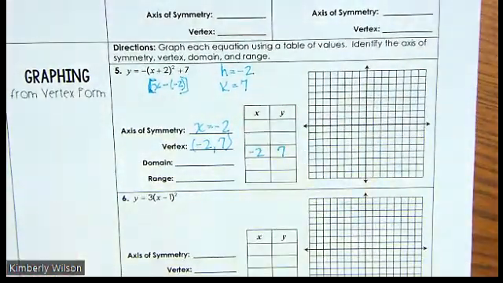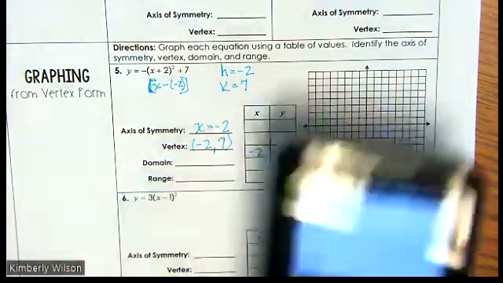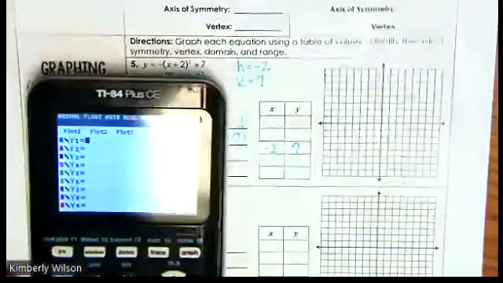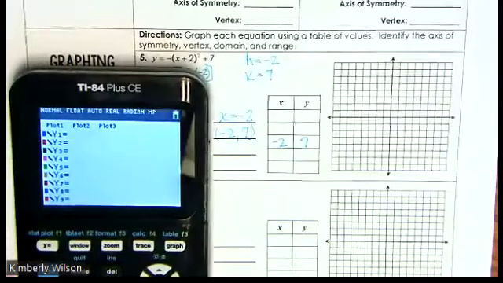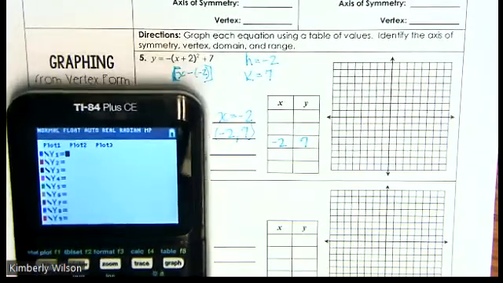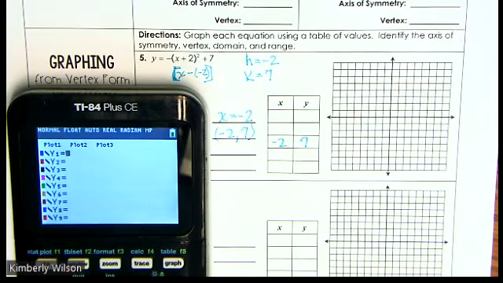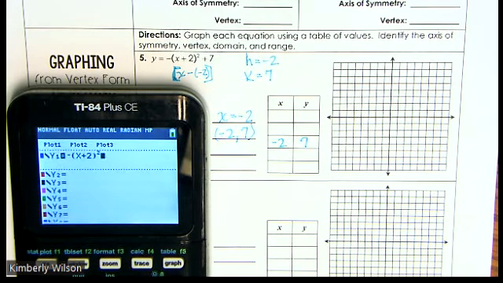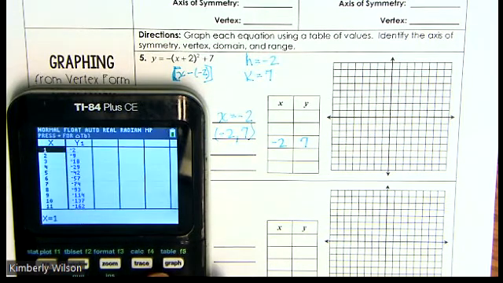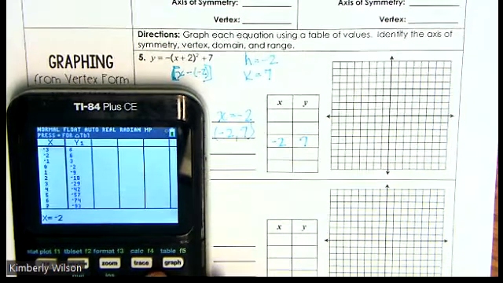values around it. So that means we go to the calculator and the y equals, because I want points to plot. I'll put this over here. I type in that equation, which is y equals negative. So that's not the minus, that's the negative button. Open parentheses, x plus 2, close parentheses, squared plus 7. Excuse me, go to the table of values, and I want to find my vertex first off and go 2